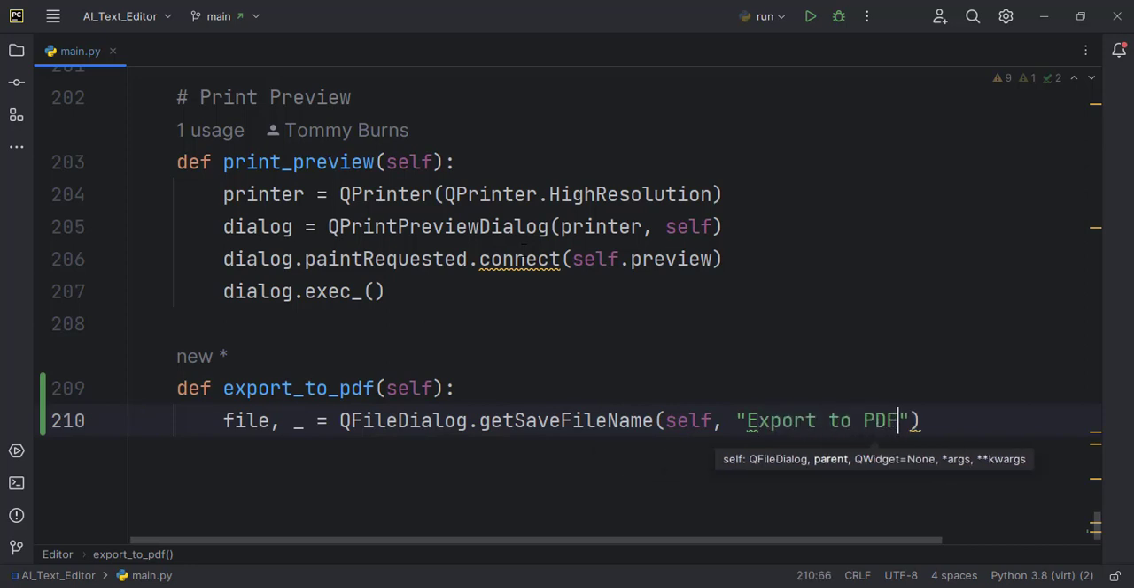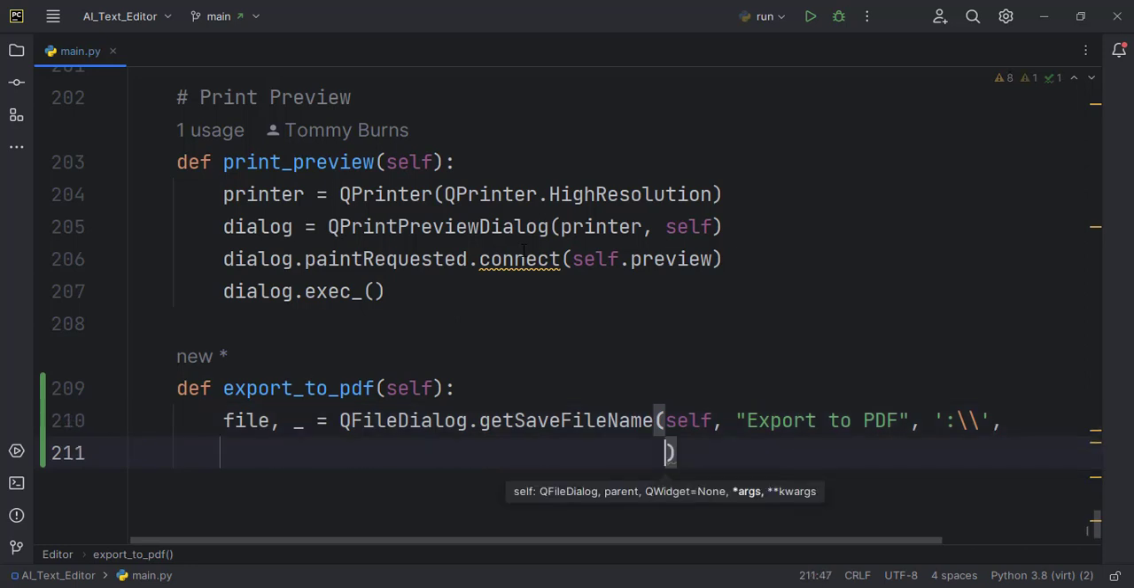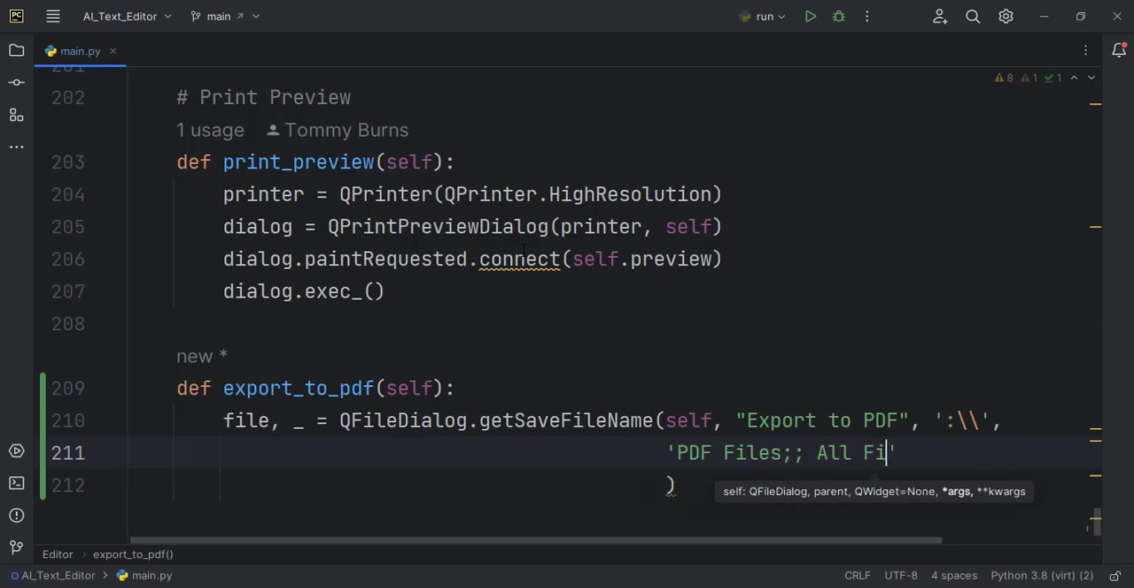to PDF. The third one is the directory where it will be open, but we want it to always remember the previous one, so we put in this one. And then I think we should be coming to the next line for the rest of the things. This one is where we pass the extension, so we just say PDF files. We can also pass in all files. And that should do it for the